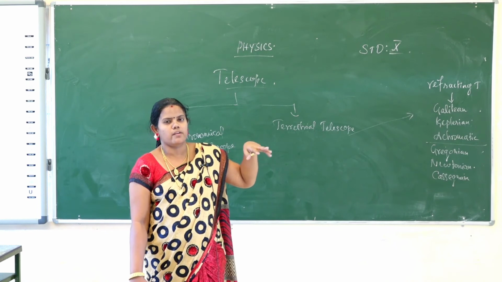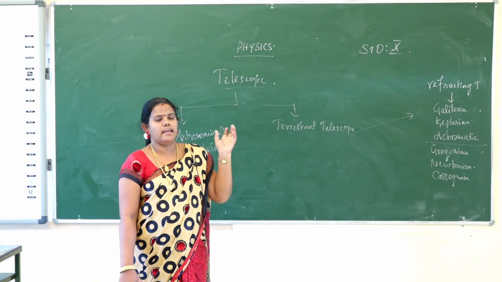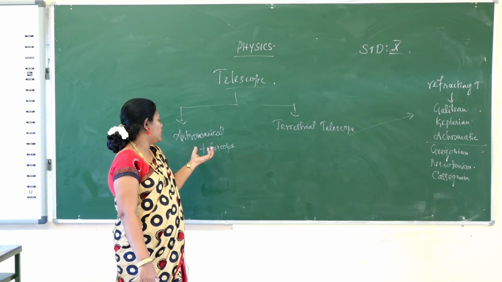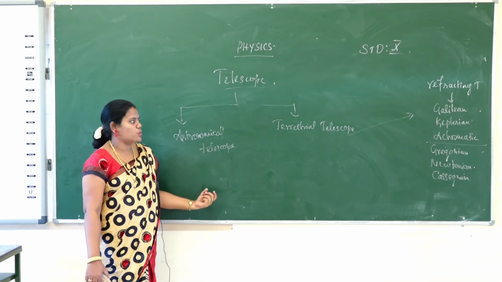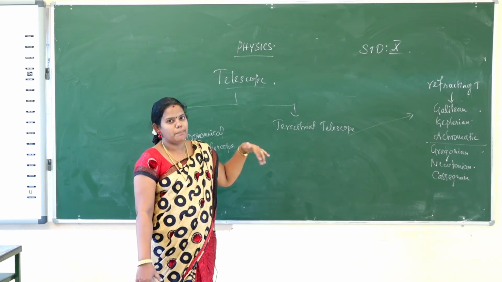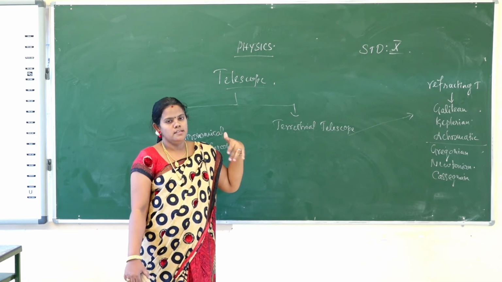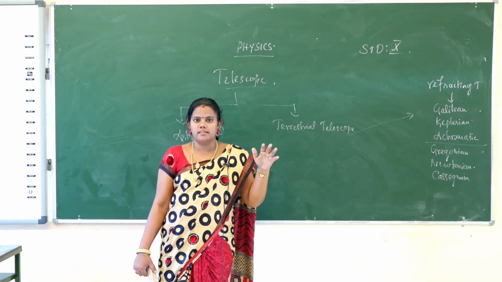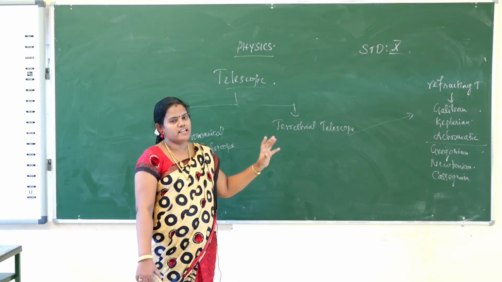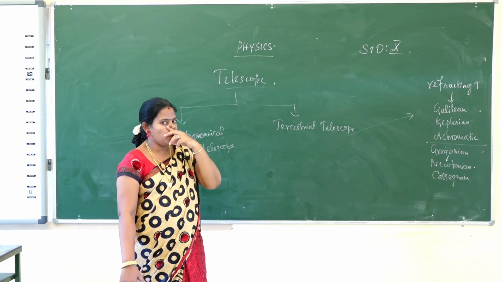How many planets are there? Which planets have rings, and which planets have their own satellites? All of that is explained by using the astronomical telescope. The terrestrial telescope is used to view the surface of the earth: what the temperature is, what the fog condition is, which metal is present, and what the situation is on the terrestrial surface. Checking what is happening on the earth's surface at the time is the work of the terrestrial telescope.